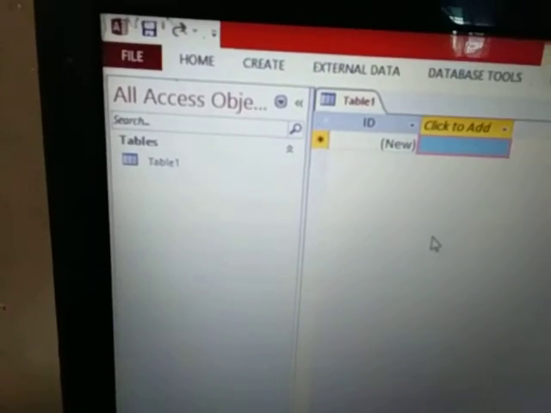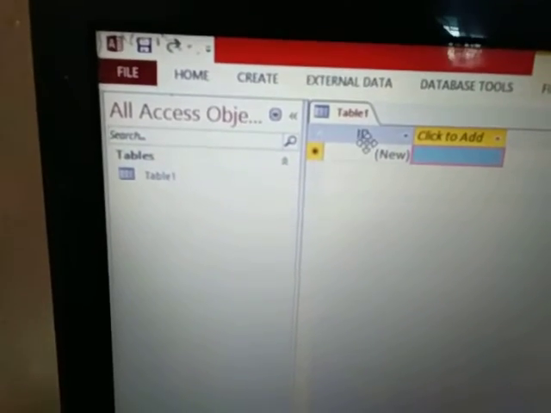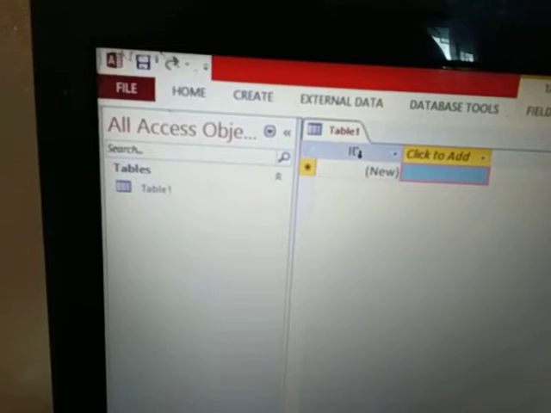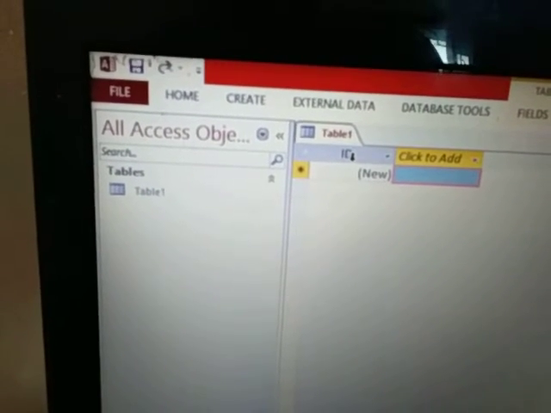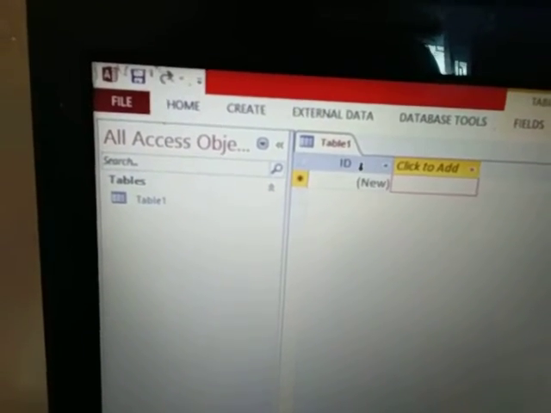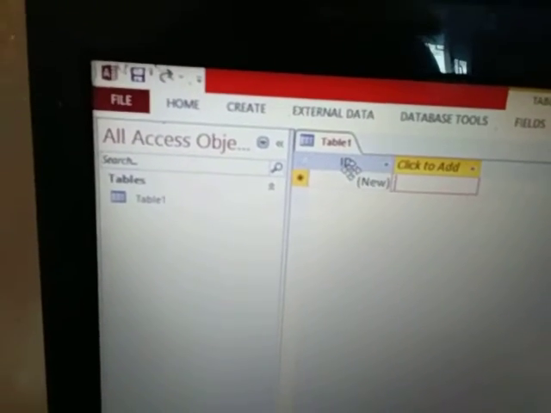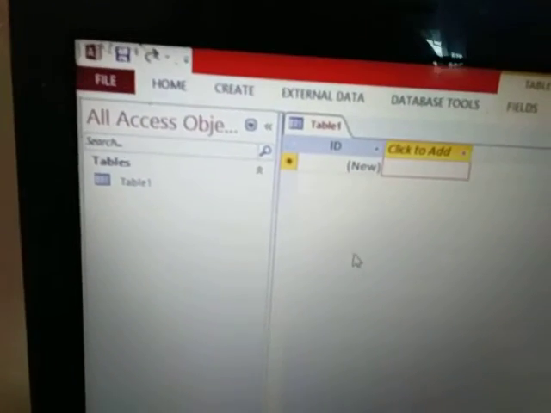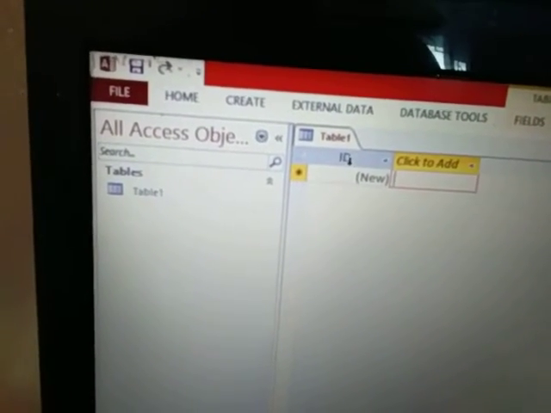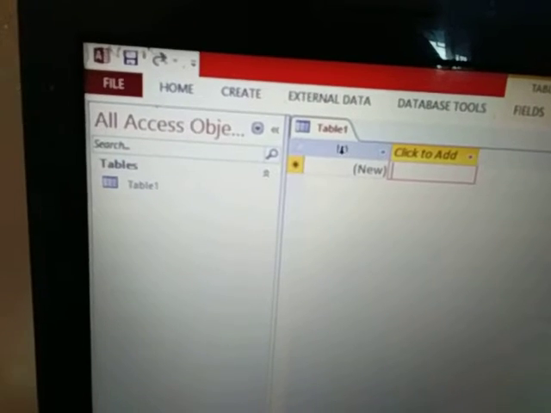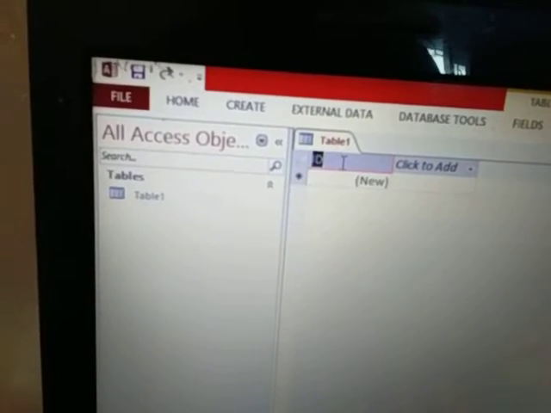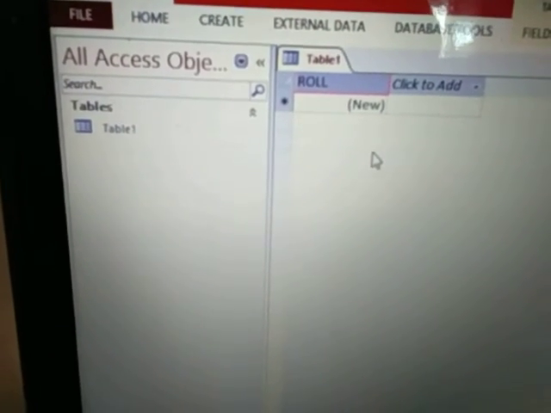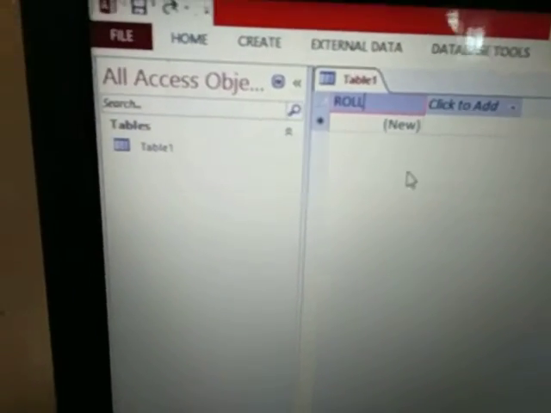First there is ID here. This ID we have to rename, meaning in this section we only have to rename it and write something like serial number, roll number, and so on. We only have to rename it as roll number, serial number and so on, because it follows only number values. Like ID, we have to rename this. So first we double click on ID and write here roll number. In this window we create the table in datasheet view. So, roll number.